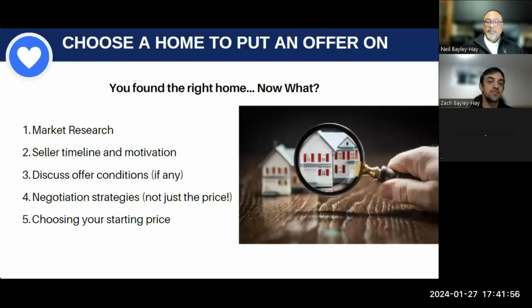Okay, so now that you've seen the homes, you've done all that, now you're choosing to put an offer in. The first step that we're looking at is market research. So we want to make sure that you're not overpaying and you're not lowballing and insulting the owners, because obviously we want the best deal possible for you, but on the other side of things, if you come in too low, if someone's listed for 500 and you offer them 360, think of it, if you're on their side, how willing would you be to engage with that person who just undershot you by 140,000, right? So those are